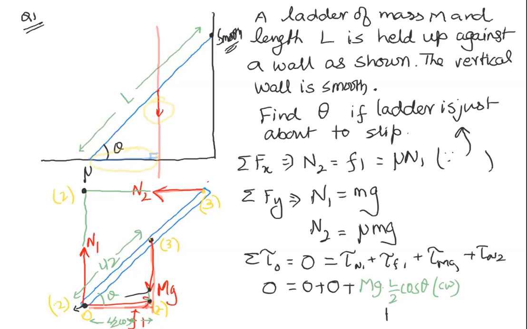So in this case, this would be how much? Plus N2, और N2 को अगर हम extend करेंगे, ये रहा length of perpendicular on N2. So this will be equal to L sin theta, and this will be anti-clockwise. So basically, if you take clockwise as positive, the N2 वाला term negative हो जाएगा. If you take anti-clockwise as positive, the mg L by 2 cos theta वाला term negative हो जाएगा. In either case, our equation will give